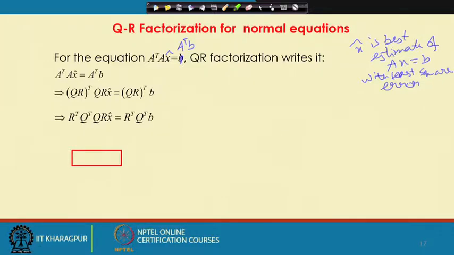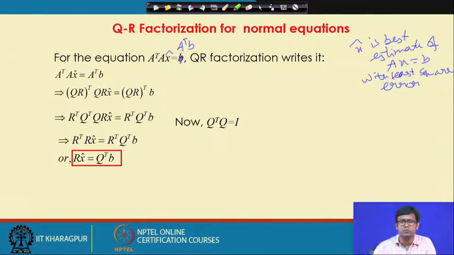So, this is R transpose Q transpose Q R x tilde, and now what we know is Q transpose Q is an identity matrix. So, we get R transpose R x tilde equal to R transpose Q transpose b. Cancel R transpose from both sides. So, we have R x tilde equal to Q transpose b,